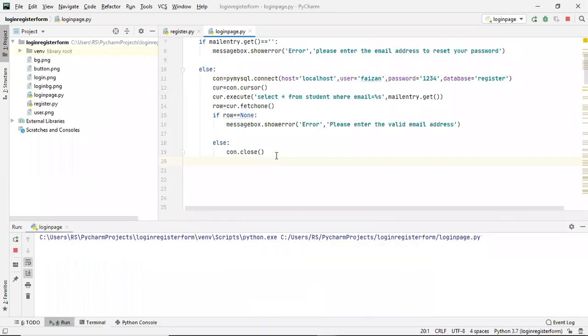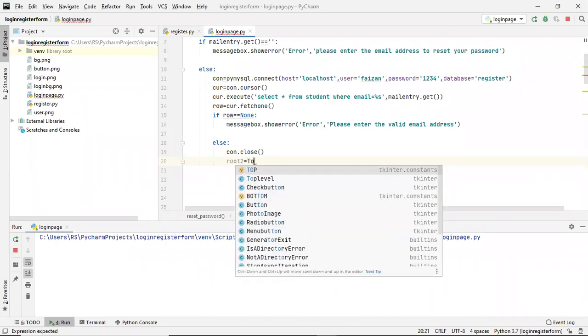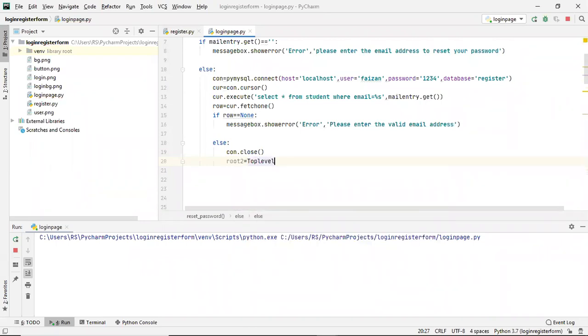So in this else part, after closing the connection, I'll create a window here. I'll write root2, this is a variable name, equals Toplevel. So this Toplevel is a window. Next, I have to keep this window on hold, so I'll write root2.mainloop(). If I run this right now,